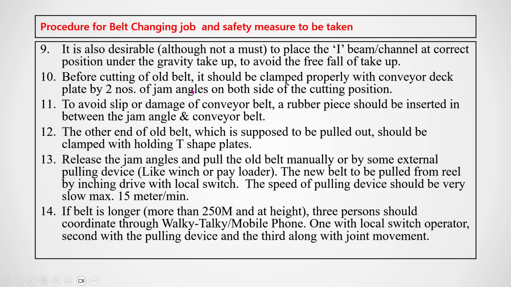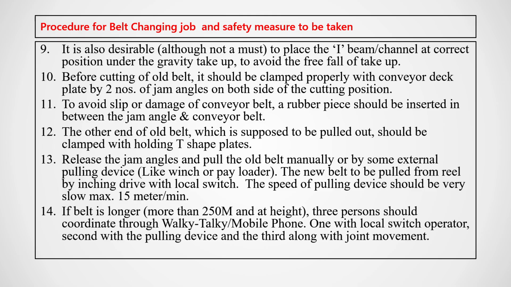To position it, we have to jam the upper and lower belt, the lower side of the belt, with two jam angles, on both sides of the cutting positions. First of all, you have to cut the old belt, and then you can replace it. So first of all, you have to lock the gravity, then jam both sides of the cutting,